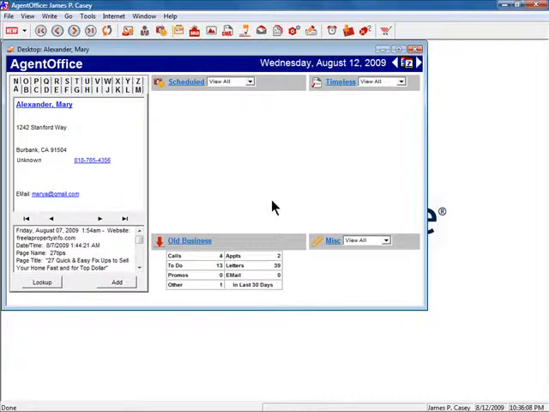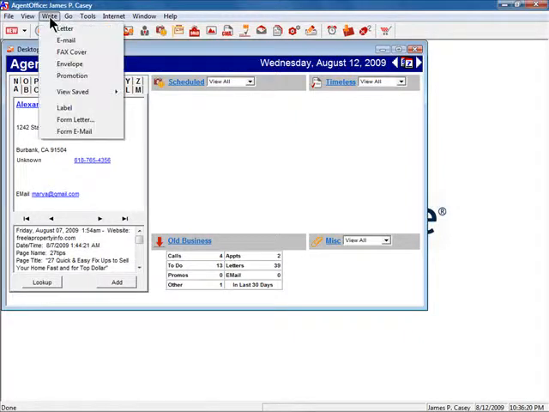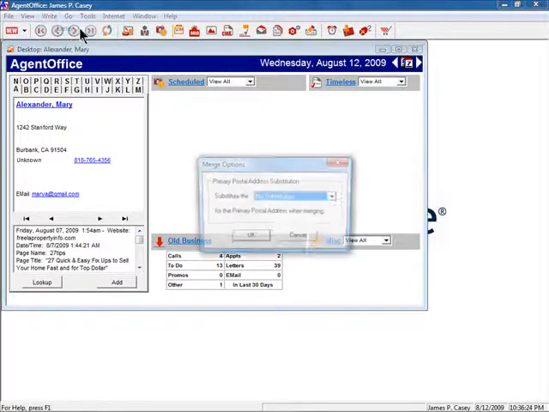This takes us back to the desktop, and what I'm going to show you are the 2 places where you can write custom letters now that you've created your initial default letter. The one place we can do it from the desktop is we can go up to the word Write, and from the pull-down menu, we'll click on the first item that says Letter.